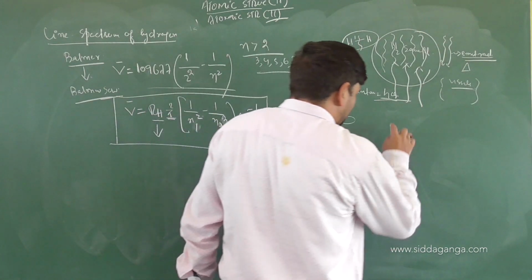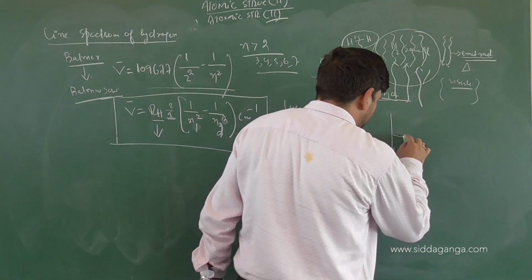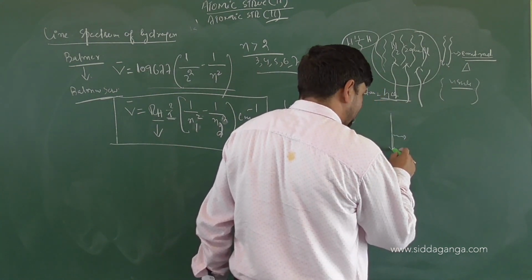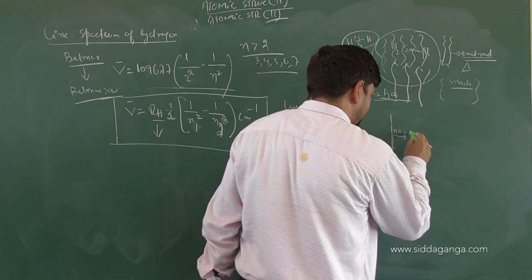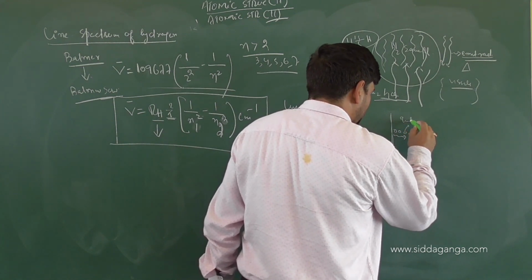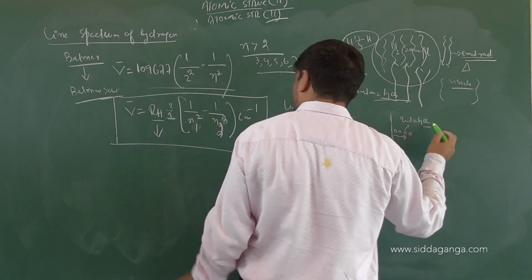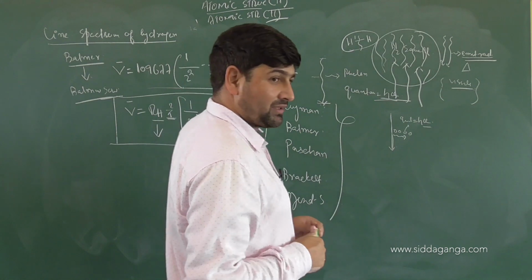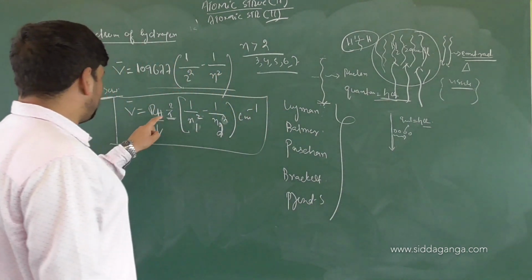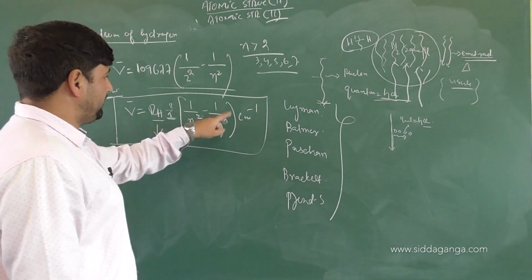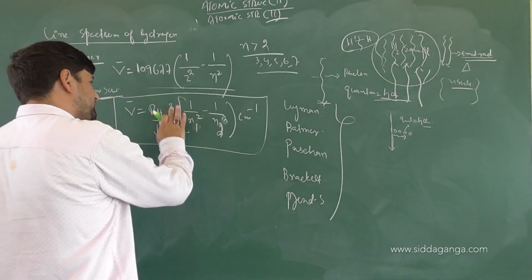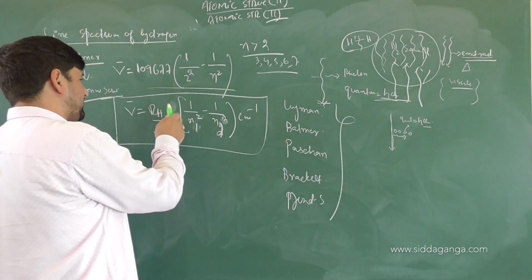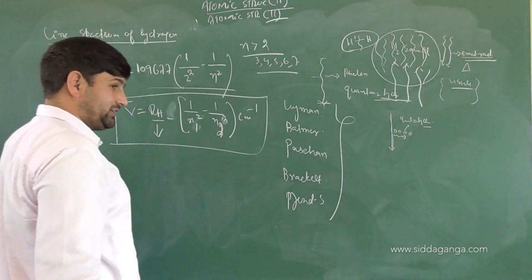When the electron is coming from a higher energy level to a ground energy level, it is emitting radiations. As I said, these radiations behave as particles as well. So they will release energy in discrete quantities which we call quantum. And the energy of each quantum equals h nu. You will be able to calculate the wave number of each spectral line produced by the formula: wave number equals RH Z square into 1 by n1 square minus 1 by n2 square. Because we are applying this to the line spectrum of the hydrogen atom, we are neglecting Z, we don't take that into consideration here at all.